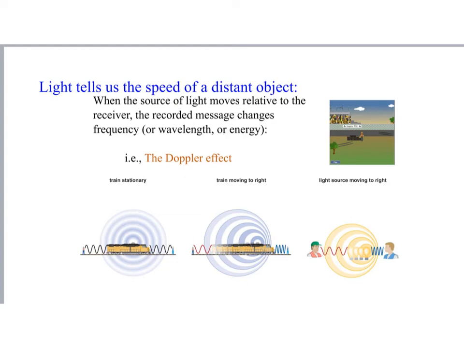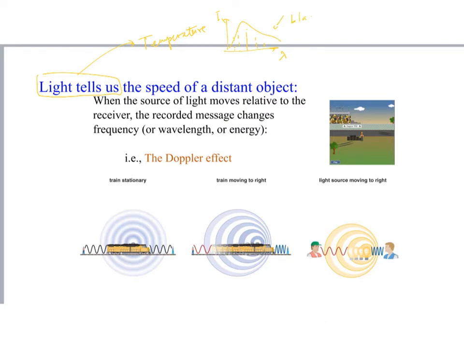All right, so one last thing that we're going to talk about in terms of what we learn from light. Remember, light tells us a lot of things. We talked about how we get the temperatures of stars, of your pet, anything. Just measure intensity as a function of wavelength. We recap here, right? And you measure it with all the wavelengths, and you're going to get something that resembles this